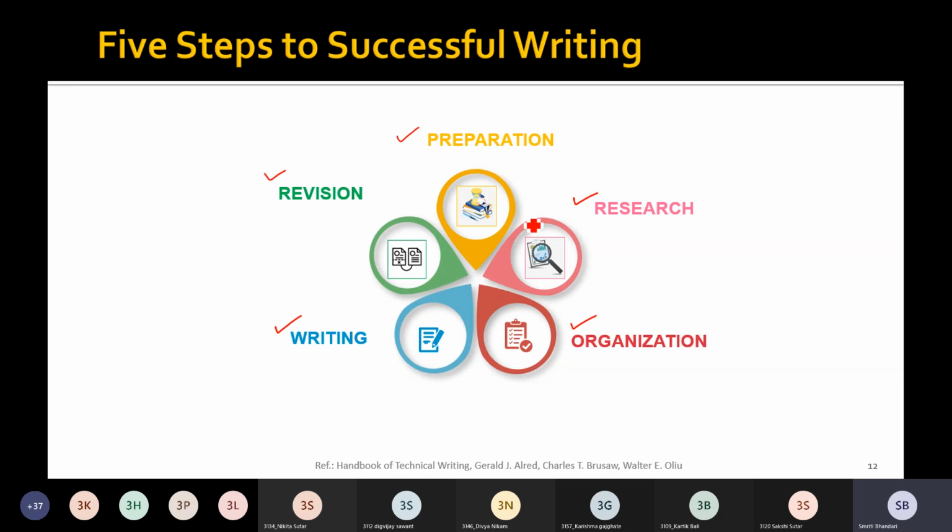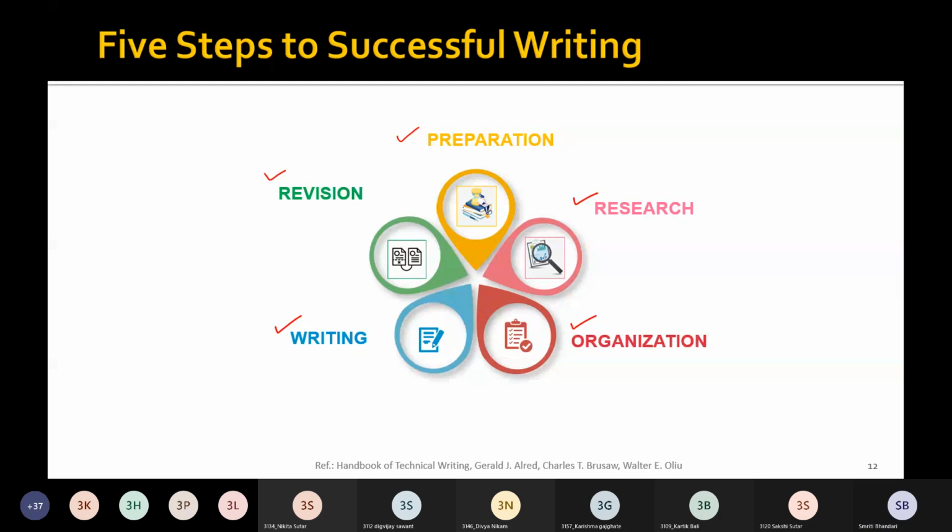Similarly, whenever you begin organizing your report or your document, you may discover the need to once again return to the step of research, to gather some more information that is actually required for organizing the information, right? So many times, depending upon the need, you need to go back, you need to retrace these steps, right?